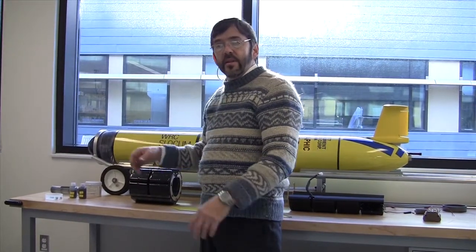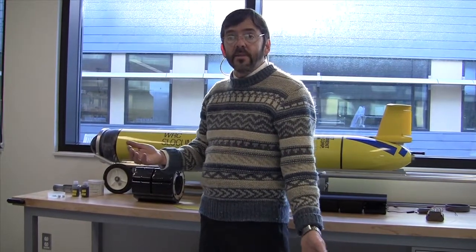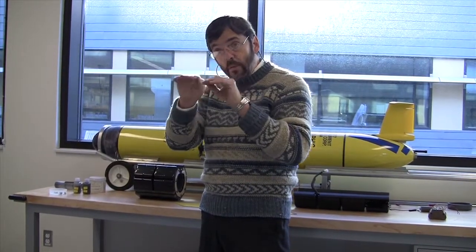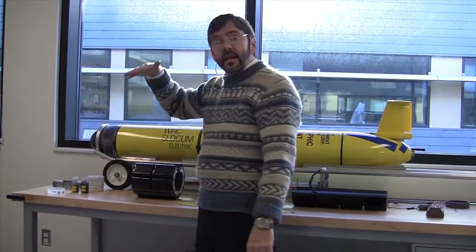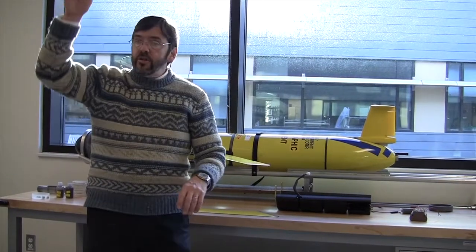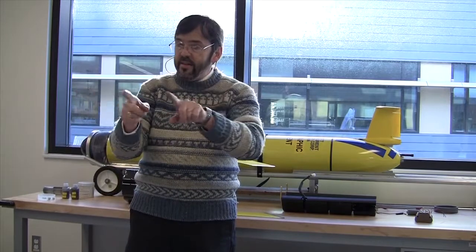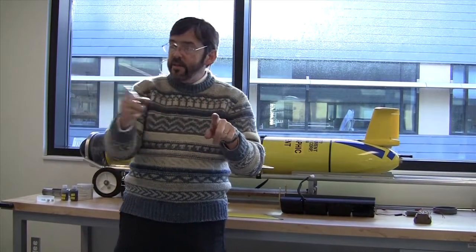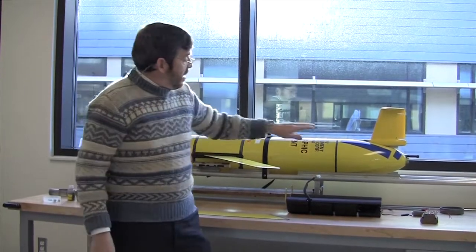It's ballasted to within a couple of grams of neutral, so it weighs about 75 kilograms, but it is almost exactly neutral, and so the throw of that piston will either make it sink or come up. And so it sawtooths its way across the Gulf. And it takes, like I say, 13 days to go over to Yarmouth and 13 days to come back. Every 6 hours it surfaces. It has a little air bladder, like a whoopee cushion,